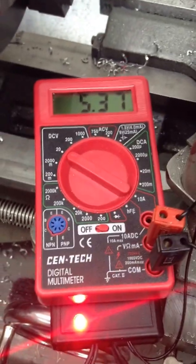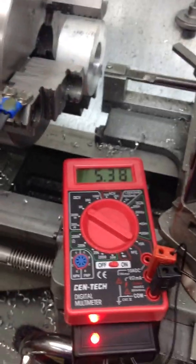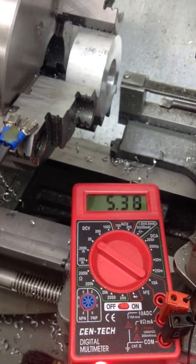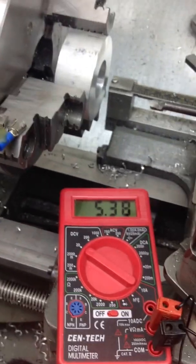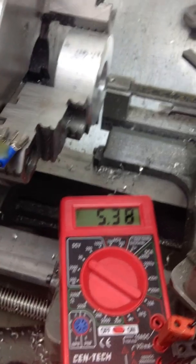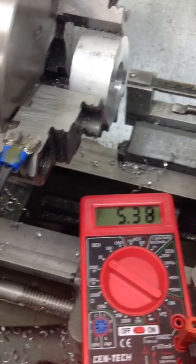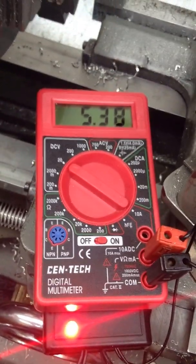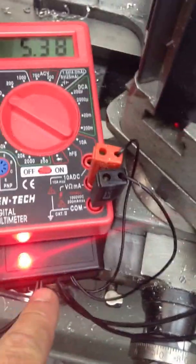This is Rick Sparber, and I'm looking at my Craftsman Atlas lathe bearing resistance, or actually the resistance between the chuck and the spindle and the rest of the machine, because there's been a lot of confusion about what the resistance is and how it varies. And what I've got here is my resistance amplifier, which is the box on the bottom, and it's feeding